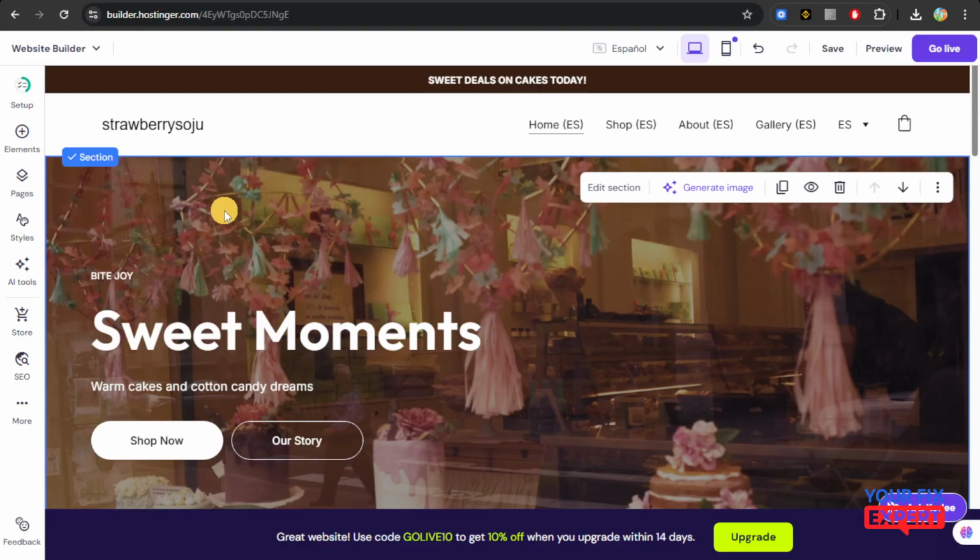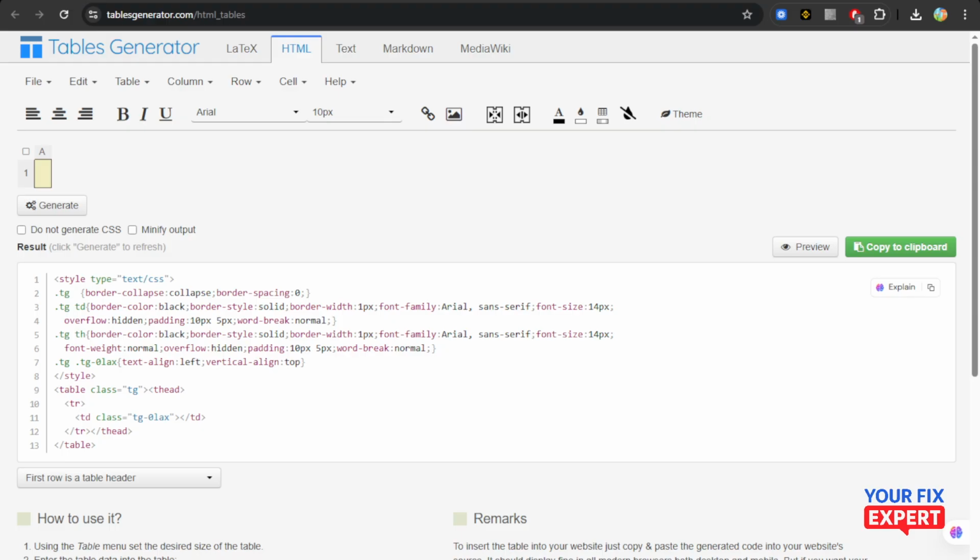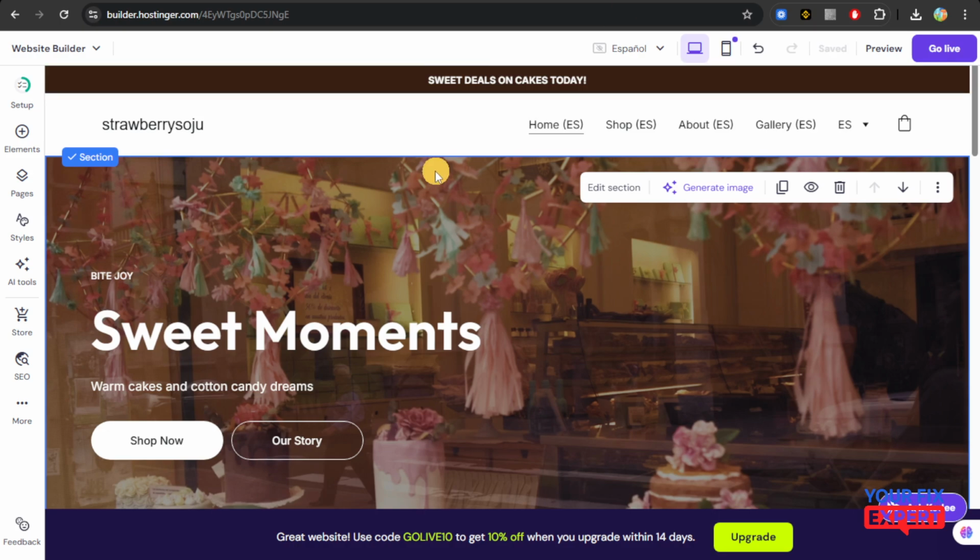And then for this tutorial, we actually have to use a third-party website because we need to create a table from there, and then we're just going to embed it in our Hostinger. So without further ado, let's just head over to that website. I'm using tablesgenerator.com, and as you can see, they already have an embed code right here. We're going to just click on copy to clipboard. We're just going to copy this link, and then from there we're going to head back to our Hostinger page